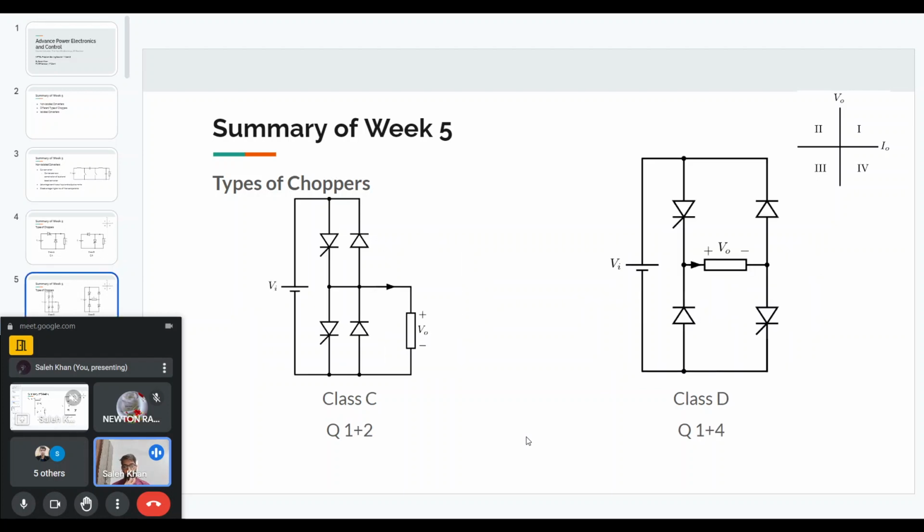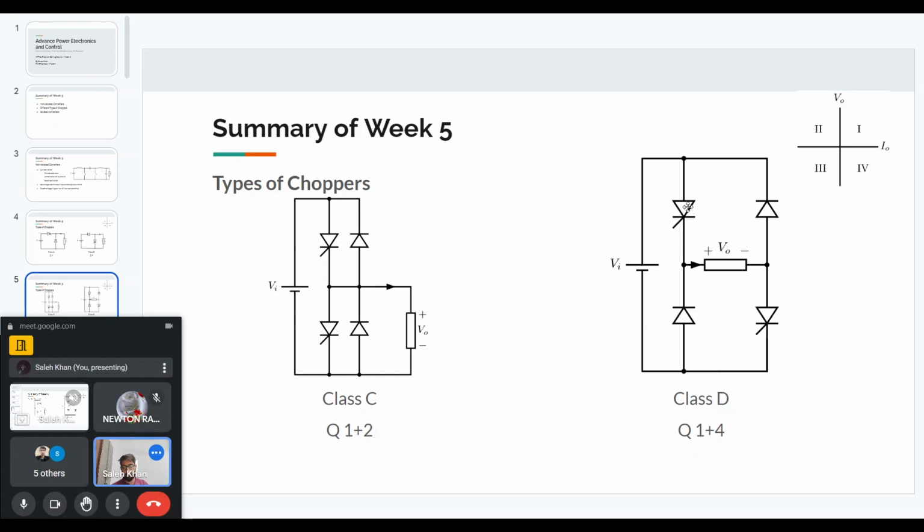Now we have class C and D, which are two quadrant choppers. You can see that class C is a combination of class A and B. In this way, we can have both these functionalities and we can get quadrant 1 and quadrant 2. Class D,